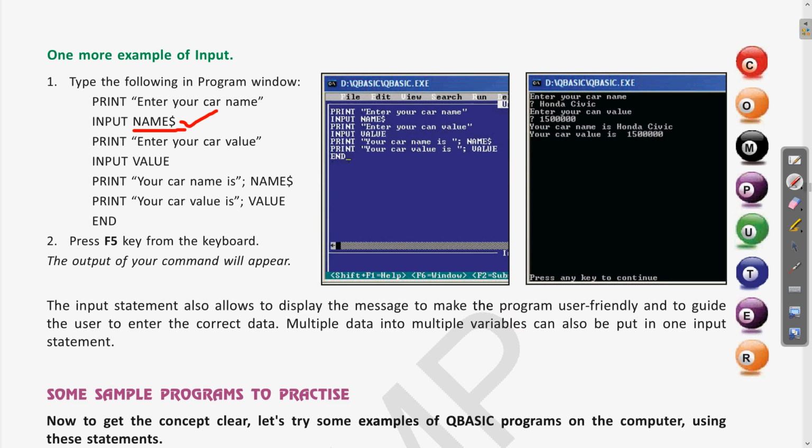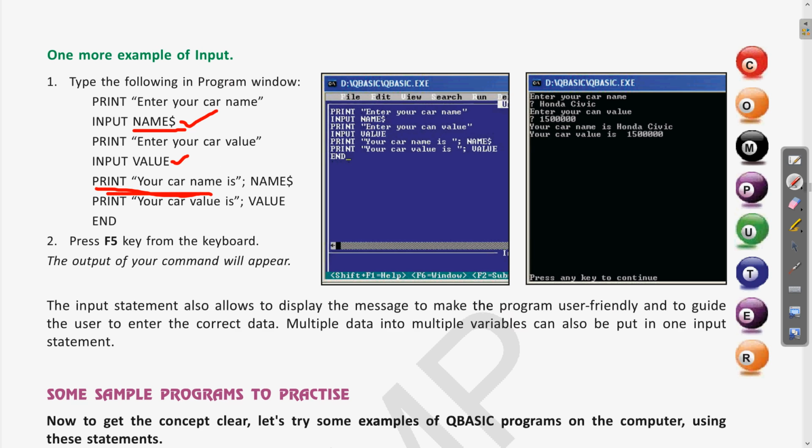And for numerical values, we can use the variable without the dollar symbol. In this program we are taking the input, for example a car name, and then the value is printed with the print command.